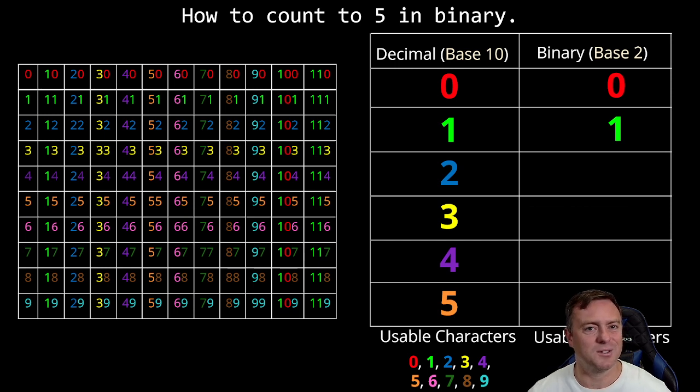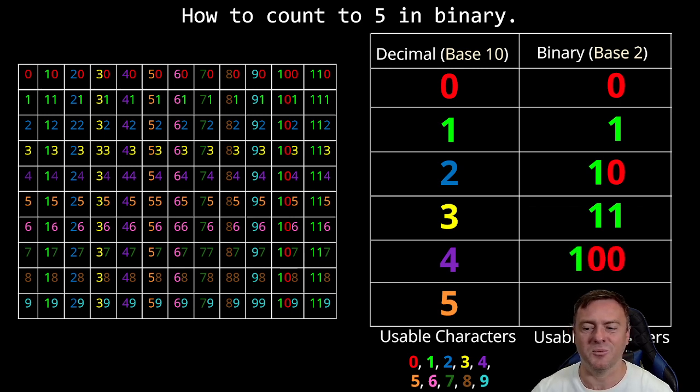2, we can't use the 2, can't use the 3 that we traditionally know, or 4, but we can use 10. 3, we can use 11, but then when we get to 4, it is actually 100. And then if you look at the columns behind it, you have the 1's column, the 2's column, and then the 4's column, which is kind of neat. Then when we get to 5, it's the same as 100